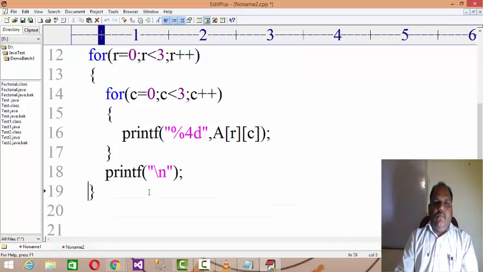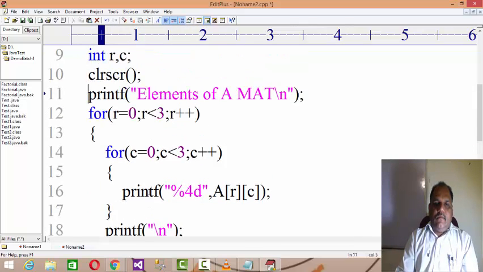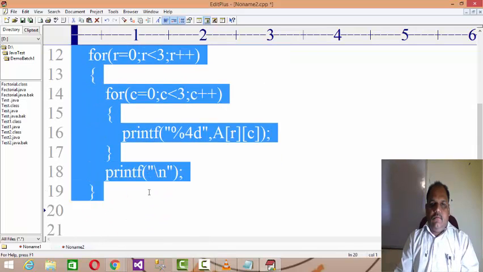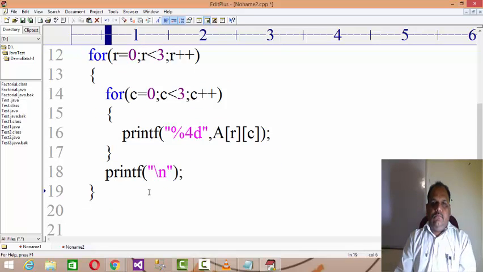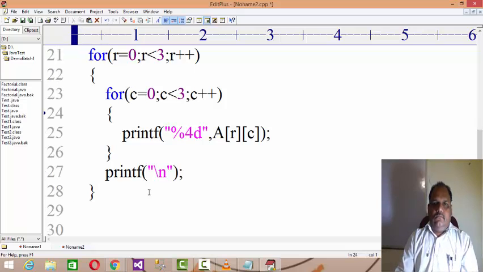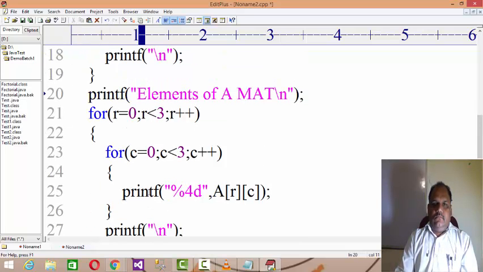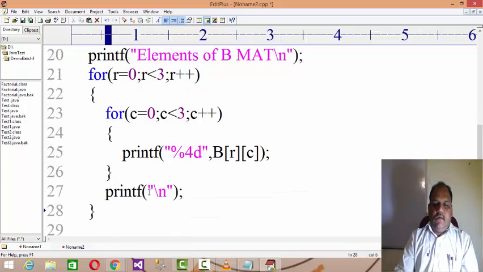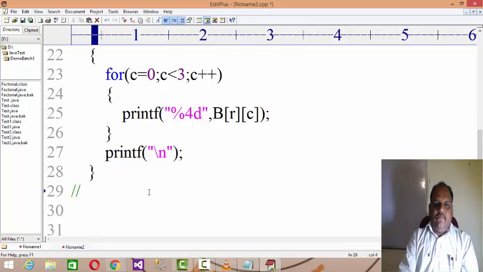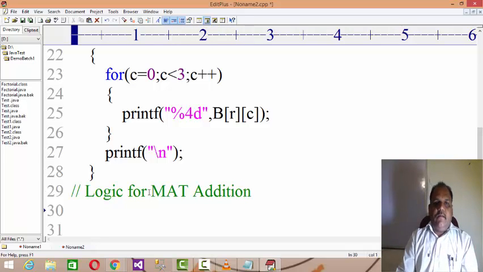Then the B matrix, where you print the elements of B, and then the logic for matrix addition, again you print it.